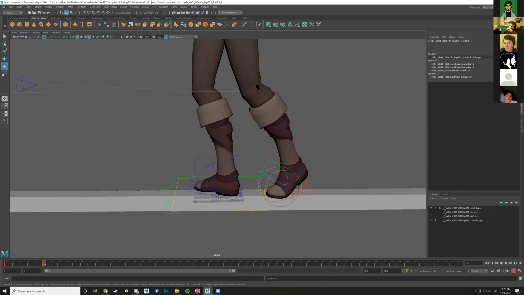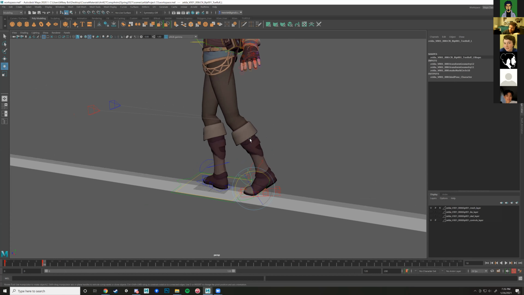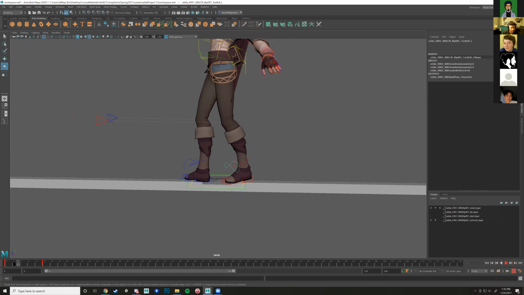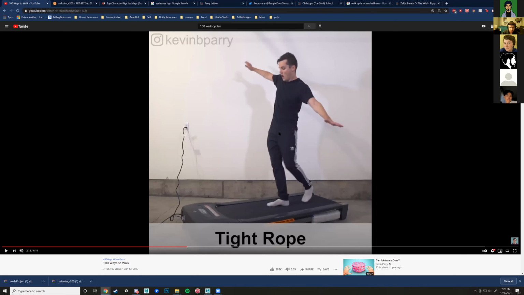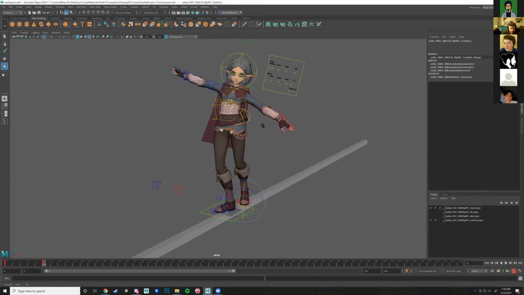We want to make sure our knees don't lock out completely. Same with our elbows, right? It's a classic animation mistake. If they're going too far, they call it a pop, because it looks like your knees kind of jolt into place when you play the animation through. So we have that pose now, or at least the feet, and the arms seem to be a little bit